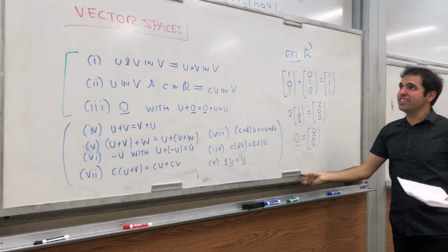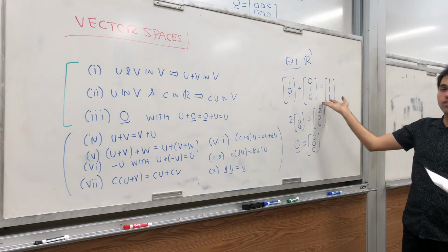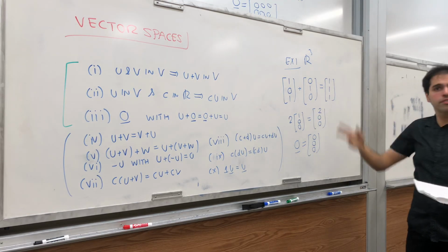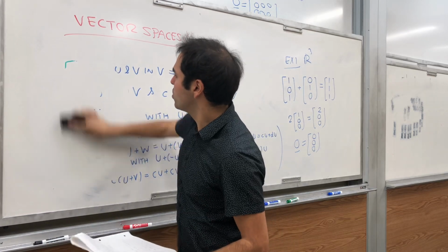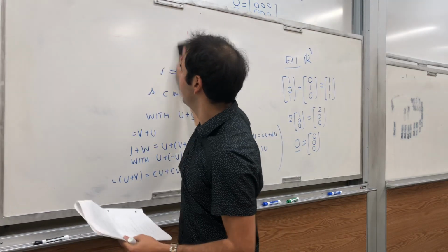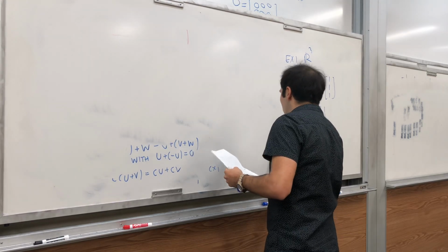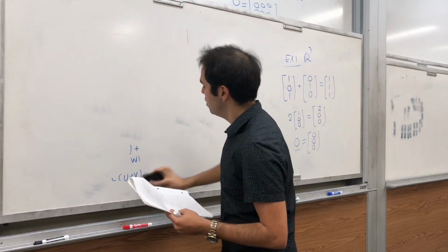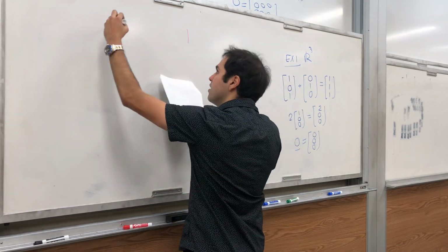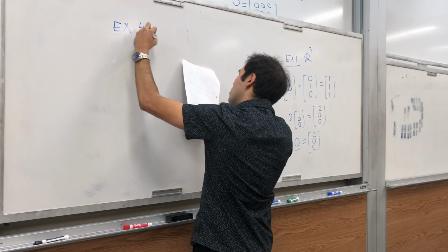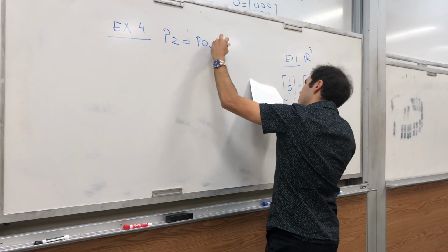And so it's interesting. Here you will think of vectors. They can be actual vectors in Rn, but also matrices could be vectors. And even weirder, you could have polynomials being vectors. So the next space is just the set of polynomials of degree less than or equal to something. So example 4, let's call it P2, and it's a polynomial